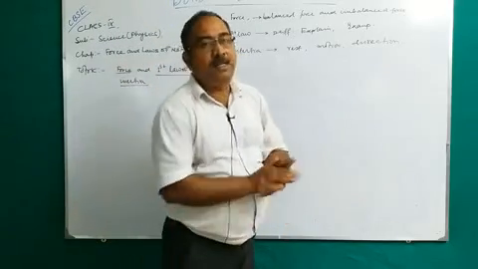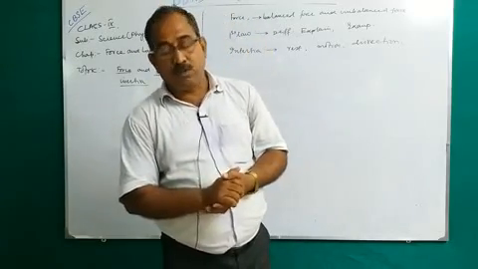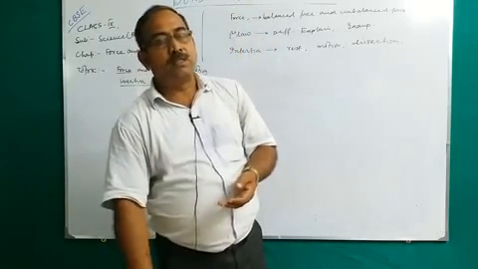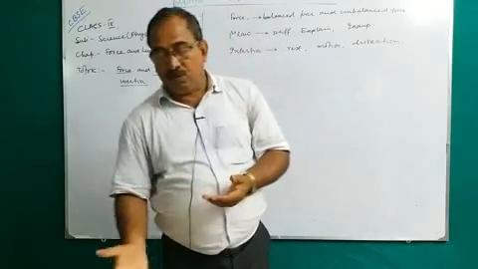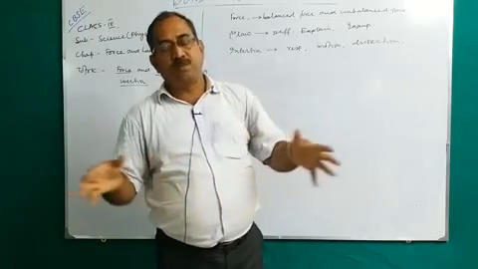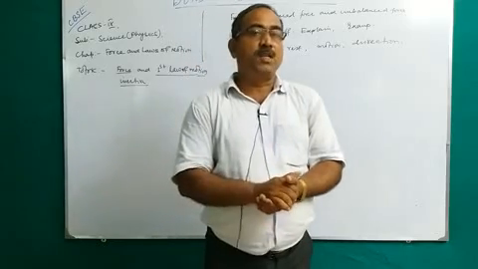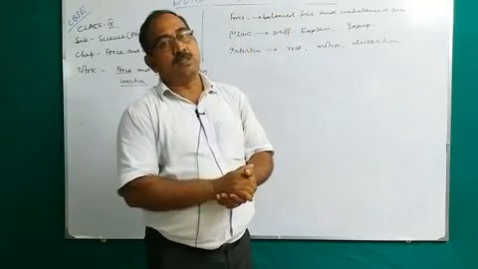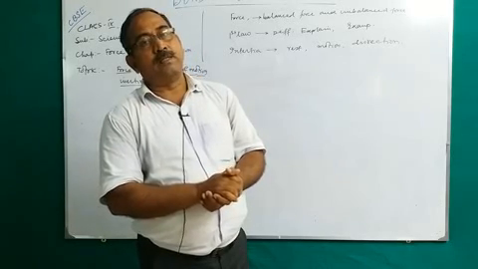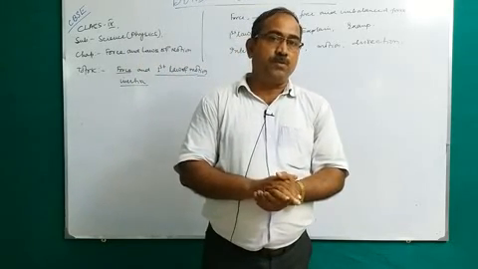Suppose a book is on the table, it is at rest, so it must be under balanced force. Many forces are there, because of the weight of the object on the table, the reaction force by the table on the book, and the frictional force. So many forces are there and the object is at rest, so the sum of all forces will be 0. If the object is in uniform motion, that time also it will be a balanced force.